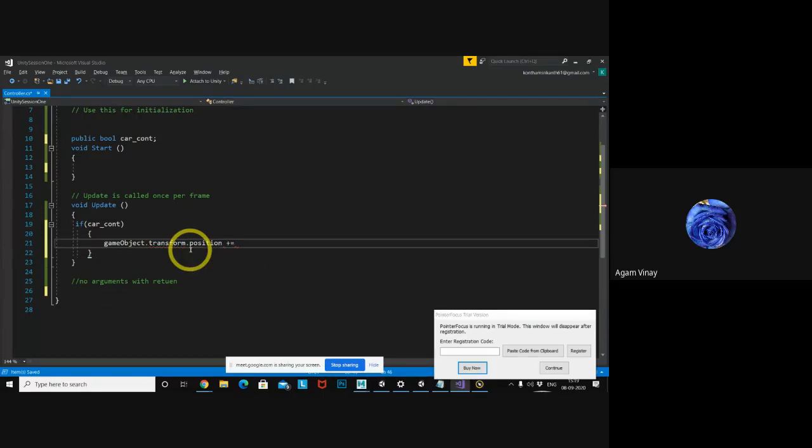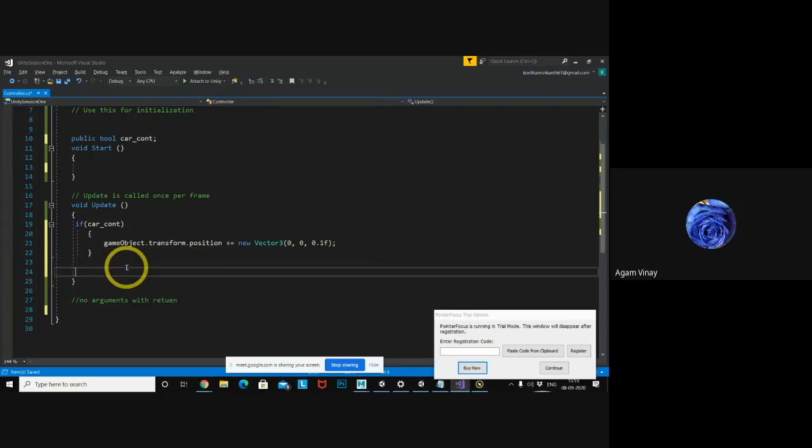So I am adding every time with new Vector3, because Vector3 is holding xyz values. So x direction 0 every time I need to add, y direction 0 I need to add. Only in the Z direction I am adding 0.1 value every time. So when this executes, whenever car control value is true, it will enter into this one, or else the car won't be moved. That's the point, right? Understood, right, everyone?